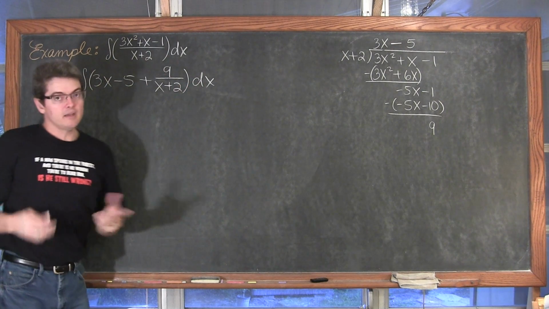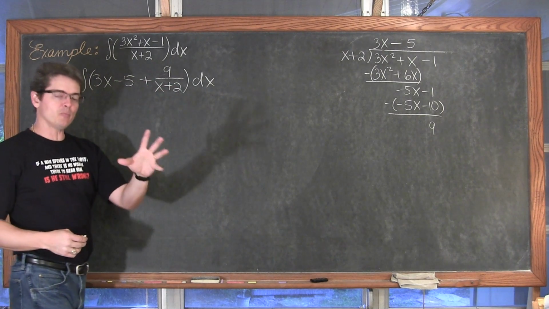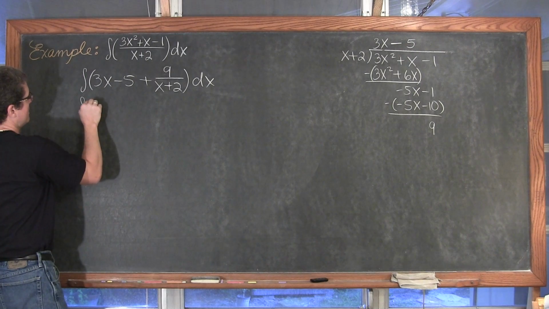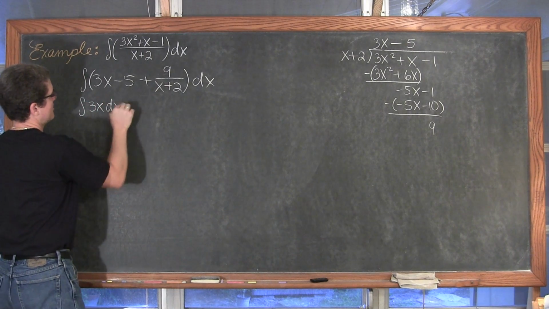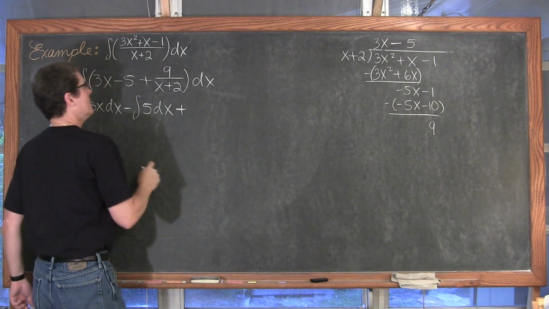all these terms. And again, for just teaching purposes, I'm going to go ahead and split all of these terms apart just to have it in small little pieces, very, very simple, and hopefully clear to know how to do this. So we have the indefinite integral of 3x dx minus the indefinite integral of 5 dx plus the,